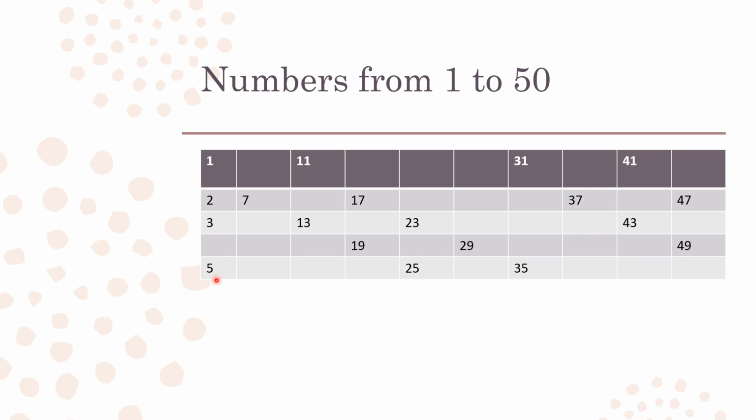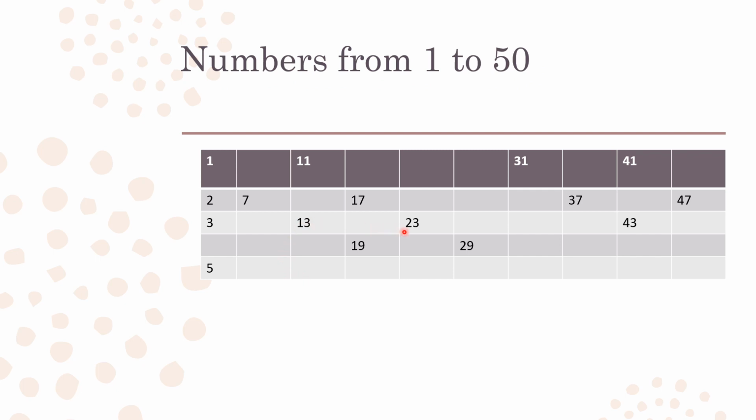So 5, let me check with 5. You will get the factors of 5 as 1 and 5, so 5 is a prime number. Now you have to take all the multiples of 5: 10, 15, 20, 25, 30, 35. See here, 20 and the others we already got, because they are all even numbers. So now you have to take 25, 35, 45 and so on. 45 is already gone here because it's a multiple of 3. Next slide. See, we took all the multiples of 3 and multiples of 5.